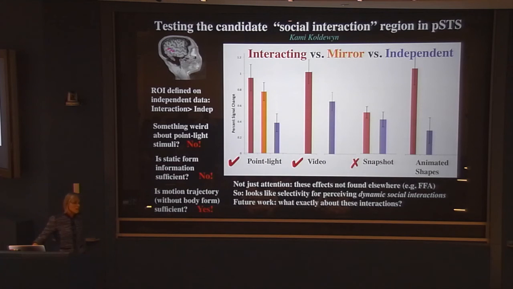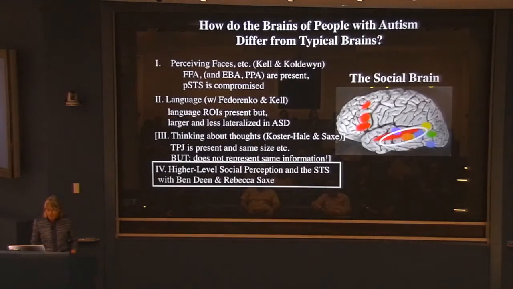We haven't really nailed it, but it's tantalizing. And so what I want to do next is a number of things, including that method that Koster, Hale, and Sachs used to look at the patterns to see what's represented there. I want to see if you can tell from the pattern something about the nature of the interactions that you're perceiving. This will be a very interesting case to look at in autism. Both to look with pattern analysis in typical subjects, so we can look not just at the presence of the region, but the information it represents, and then to look at both things in autism. And we haven't done that yet, but are gearing up to.